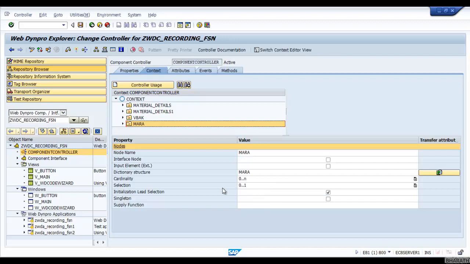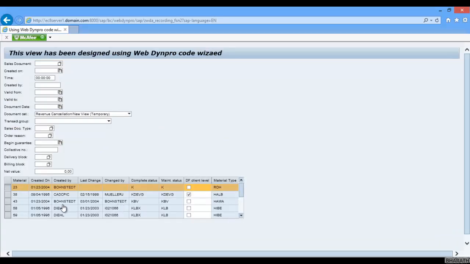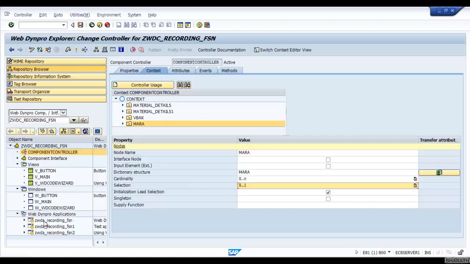Since the selection cardinality of the context node is 0 to 1, you cannot select more than one record at a time. I'm trying to select more than one record, but you cannot. If you want to select more than one record, press Control and click here. Even if you press the Control button, you cannot select more than one record.